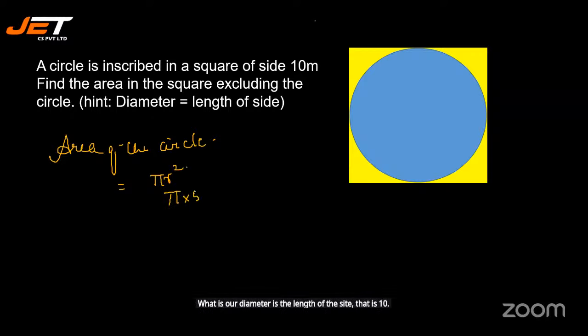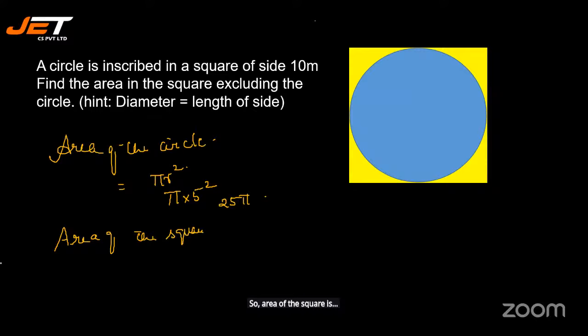R is 5. So 5 square, which is 25 pi. Now next, find the area of the square excluding the circle. So area of the square is length into breadth, that is 10 into 10, 100 meter square. Therefore, area of the square excluding the circle is 100